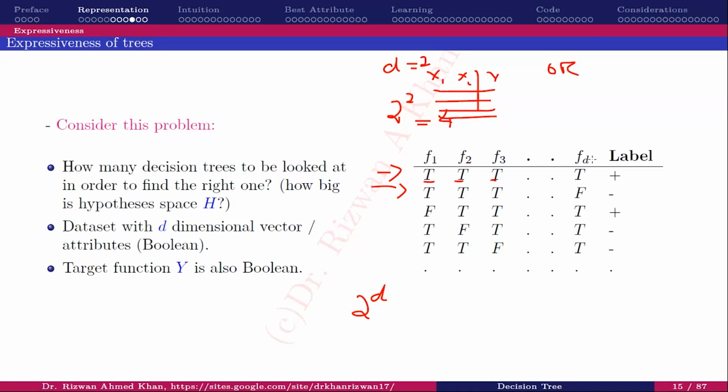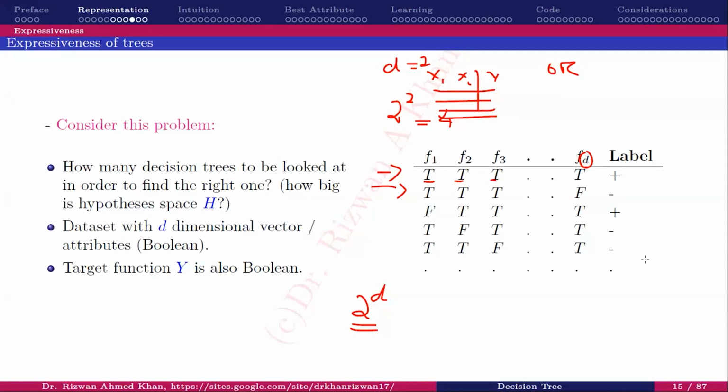So now we have d, and we don't know how many rows or examples are there in the data set. We can just find using same notation 2 to the d. Yes, Prashant, do you want to ask any question? Sir, if we don't have a Boolean function, would decision tree still work? Yes, it will work. Decision tree would work, but I am just considering Boolean to make it easier. Decision trees are very generic. They are not only for Boolean, they are for all kinds of data sets.